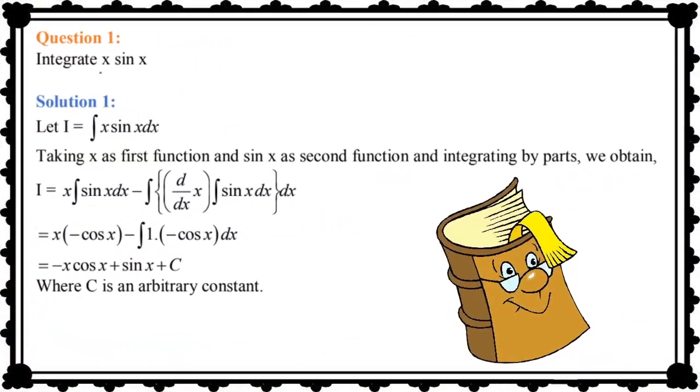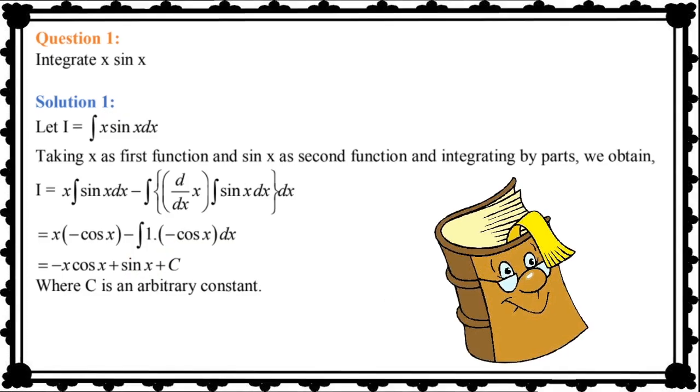Now, first question, x sine x. So, what will we take? This is an algebraic function, this is a trigonometric function. So, following that pattern, ILATE, first of all we will take algebra, so x, then trigonometry, it means sine x. So, integrating by parts: first function, integral of second, minus integral of derivative of first into integral of second, and then the whole integration. x times minus cos x, minus as it is, derivative of x is 1, integral of sin x is minus cos x, this minus and minus becomes plus, and the integral of cos x is again sin x, and this is the answer.